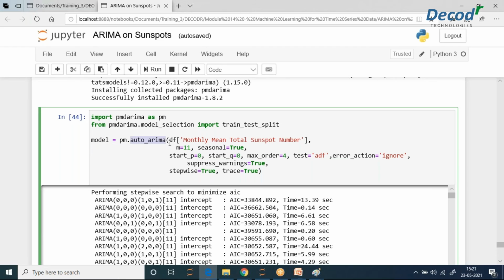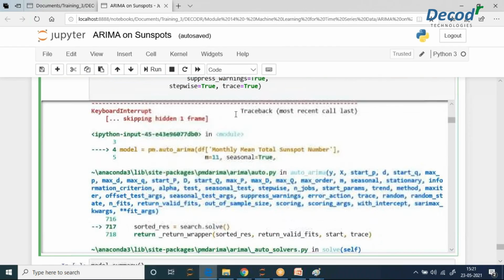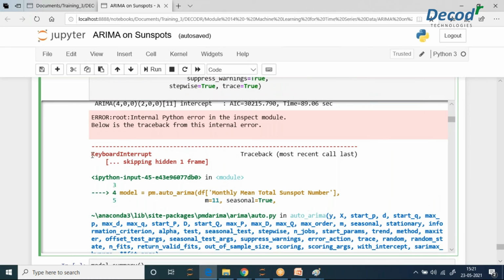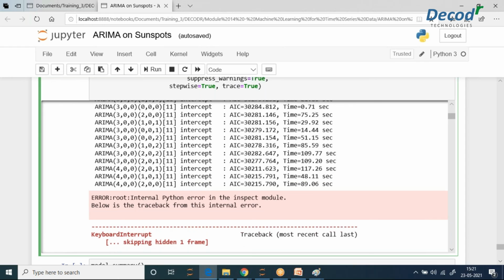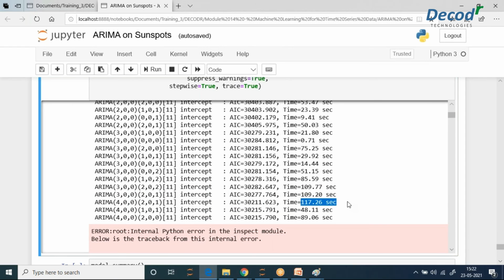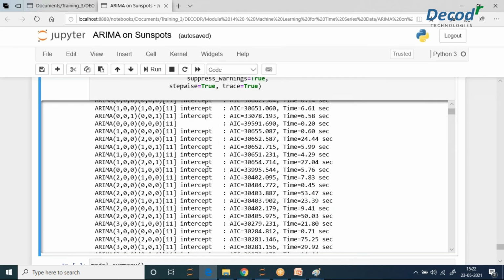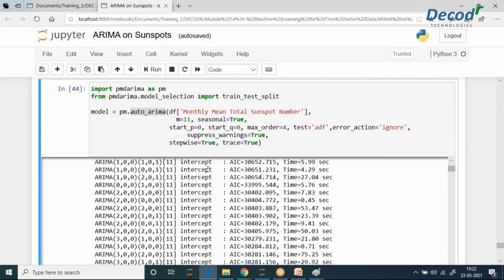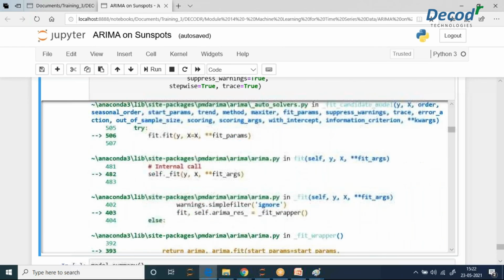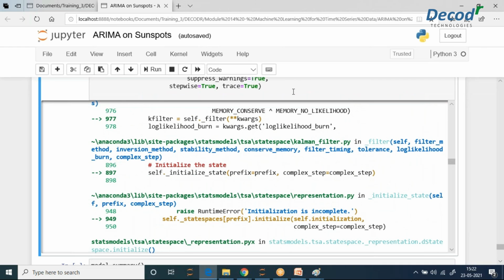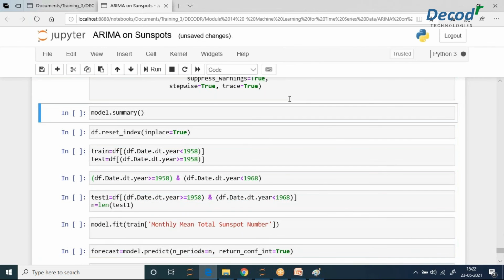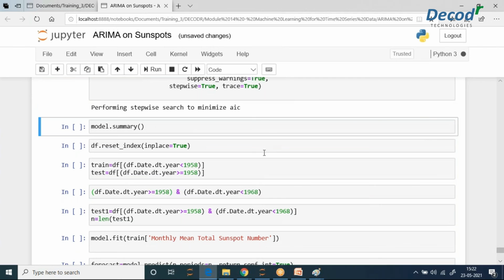Fine. So now we are running this entire thing. I did the keyboard interrupt, which means I just interrupted. And if I keep doing this, it will take a huge time. Each iteration is taking around 1 minute on my machine, so we can execute this later on. It is supposed to take around 11 minutes, or maybe more than that. Maybe I can just run this. Let's see. It will take some time.